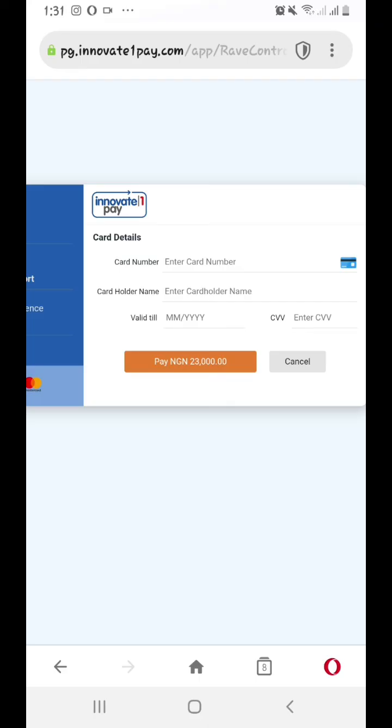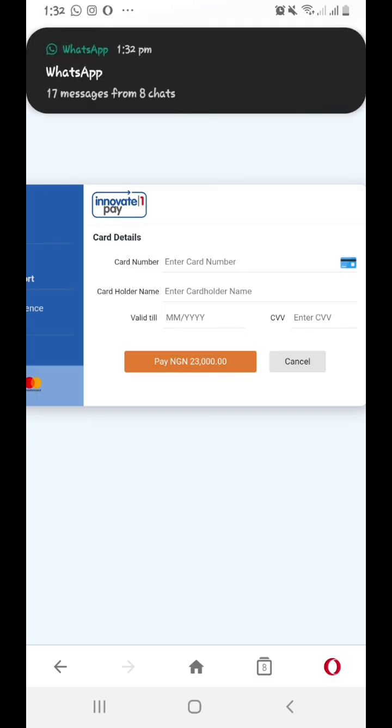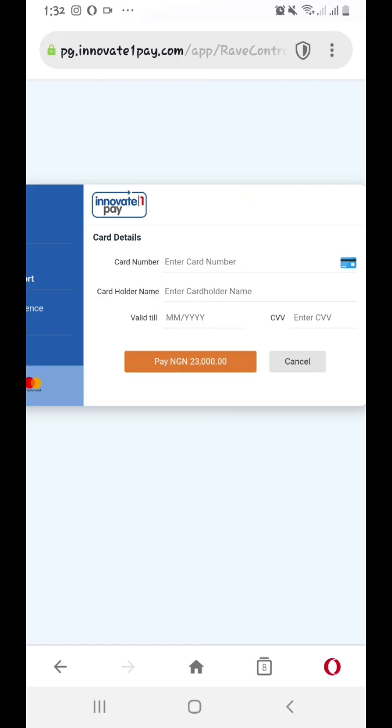And once you're doing that, make sure your internet is steady and you're not leaving this page. Don't press the back button. Put in your card details. Your account will be debited. Then this page will refresh on its own and tell you that payment has been completed. Then you can now save or print the document. So a lot of people like using bank, and I encourage bank if your network is not strong,